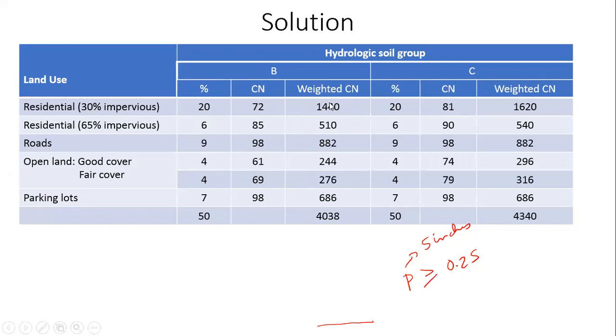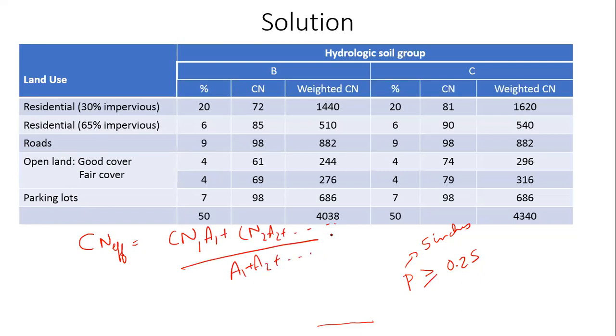Now this weighted curve number is simply weighted by the percentage of the area, right? So instead of solving for it by converting it to area and then multiplying it by area and dividing it by area, we can still keep it as the percentage itself, because we're going to divide it out by the overall area. Since we're using the percentage, we'll divide it by 100, right? So basically what we are doing is finding the effective curve number: effective curve number equal to CN1 times A1 plus CN2 times A2, and so on, divided by A1 plus A2, and so on, plus CN n.